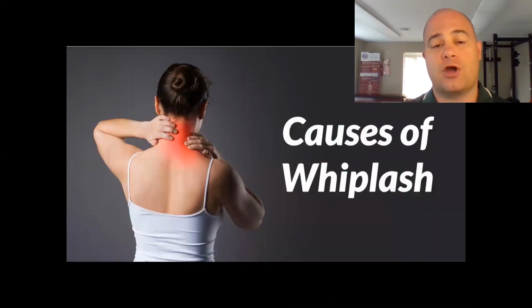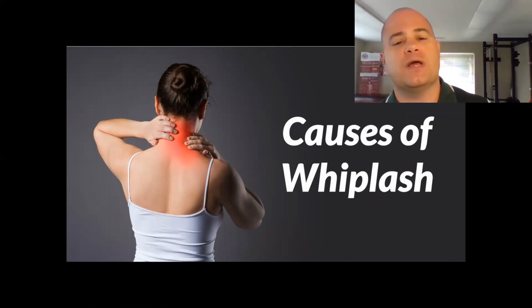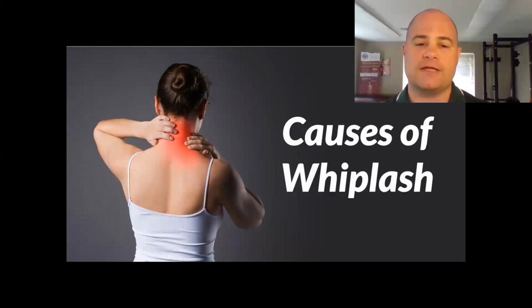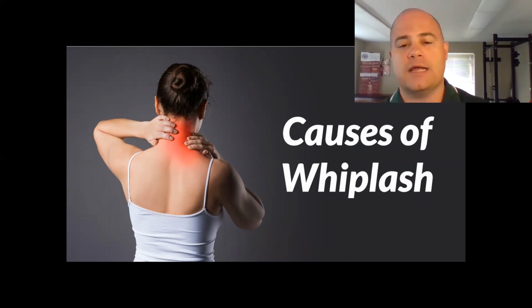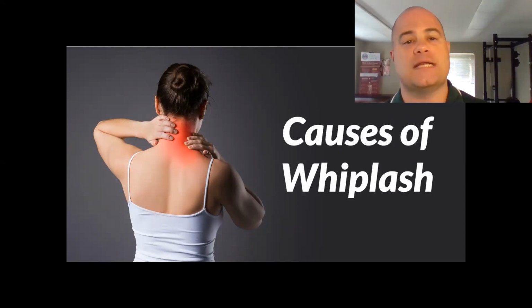So the causes of whiplash, again, we already talked a little bit about it, but the causes of whiplash are going to be from anything that's going to make the neck jerk suddenly and have that certain sudden type of movement. So again, any impact or blow that causes the head to jerk forward or backward. And again, there are other things that can happen with it. You can get neck strains from being jerked side to side, but it's not typically known as whiplash, even though those can cause neck issues as well.